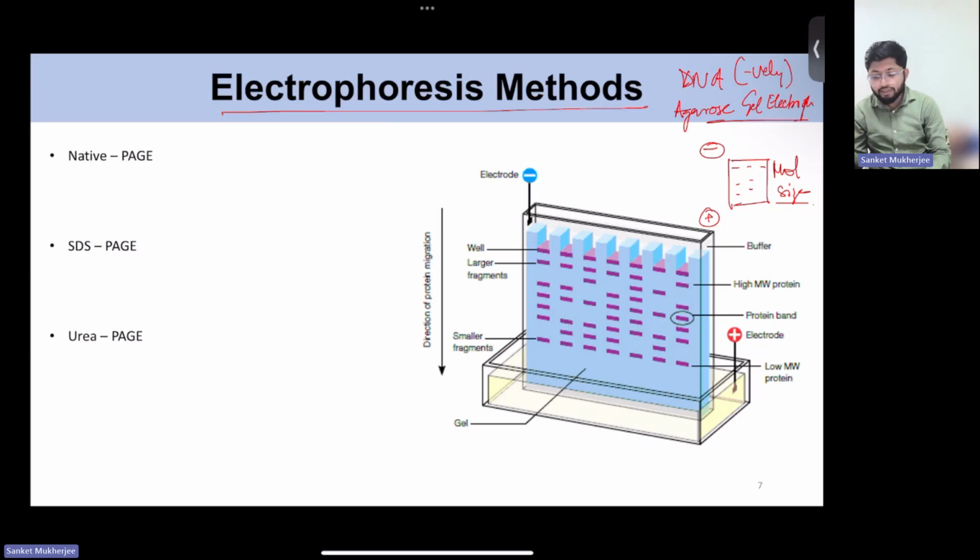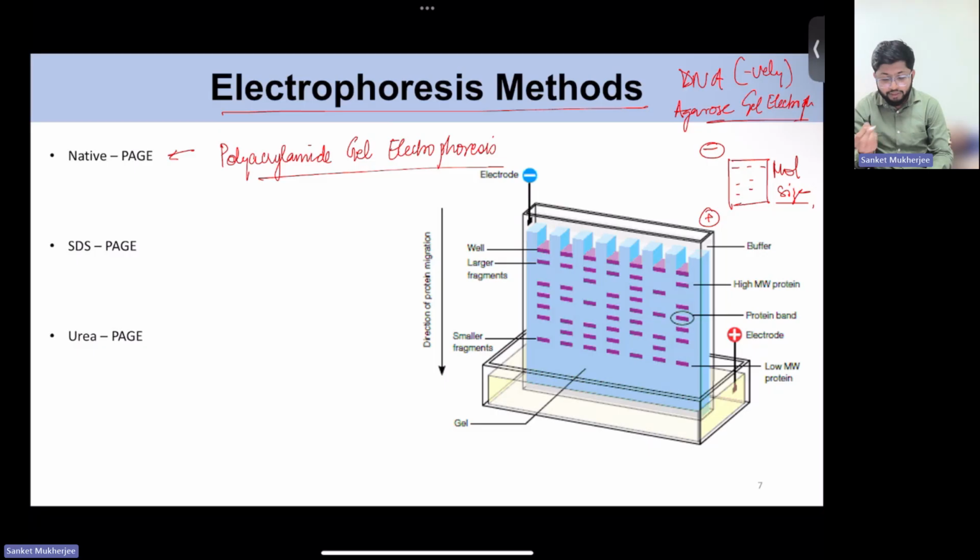But in case of protein, it is a little bit more complex because proteins usually do not have negative or positive charge as such. So if your protein needs to be run without changing its native form, and we do not want to denature the protein, then we perform native PAGE. PAGE stands for polyacrylamide gel electrophoresis, right? So in native PAGE,